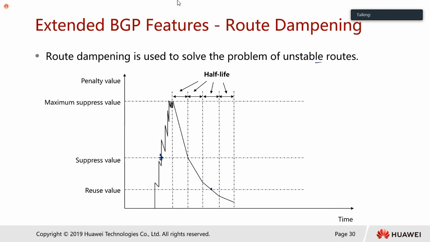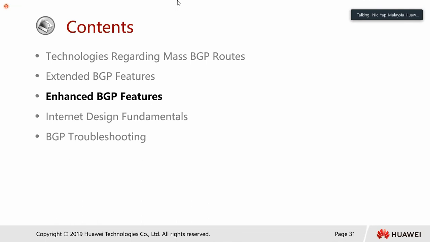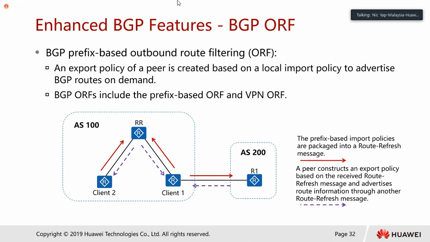Okay. So for the next one, we look at the enhanced BGP features. This is about enhanced functions. It's not an attribute, it's just a feature that can enhance your BGP status. The first one we look into is BGP ORF. ORF stands for outbound route filtering. What outbound route filtering means is